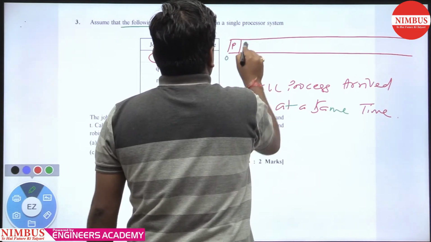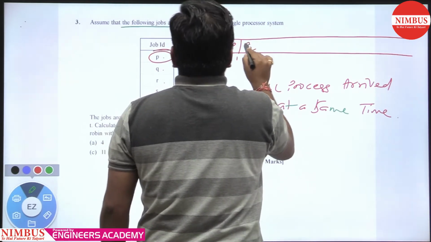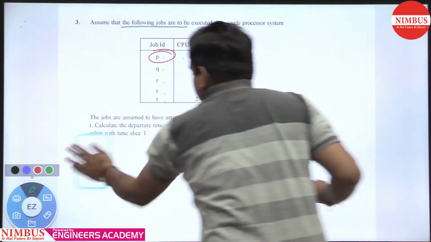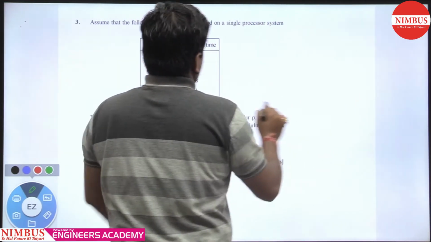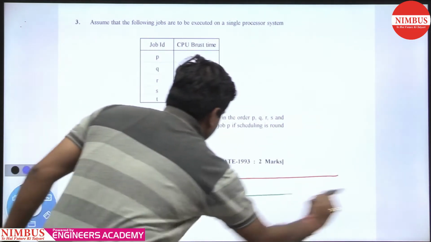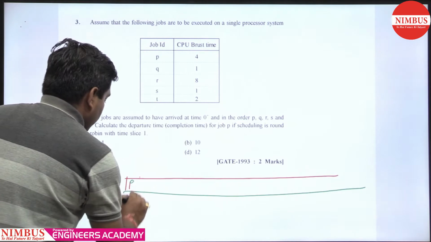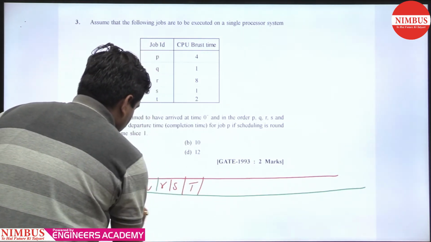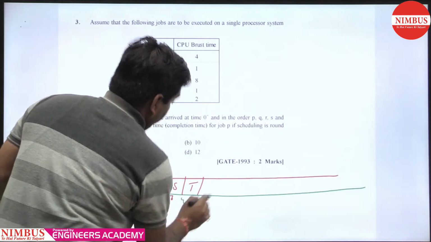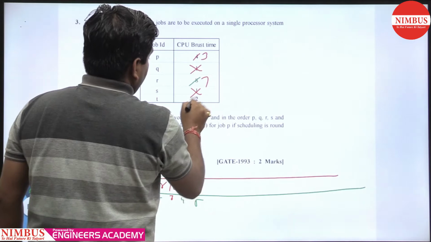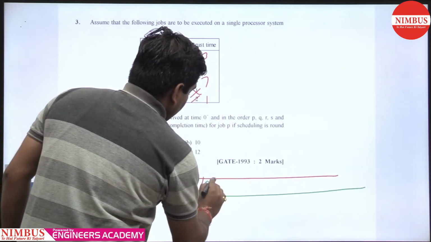First P from 0 to 1, then we make a chart here. P, Q, R, S, T, 0, 1, 2, 3, 4, 5. This is 3, this is complete, 7 complete, 1, then P,